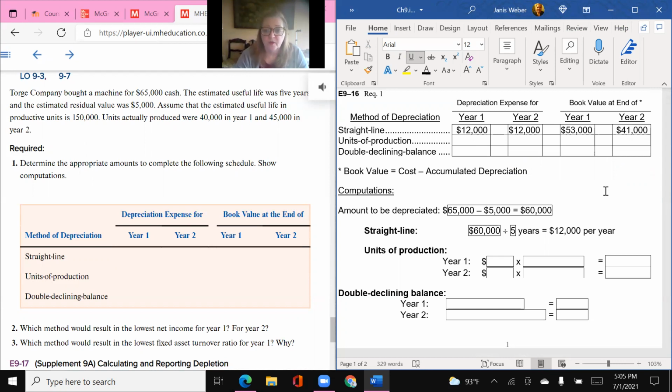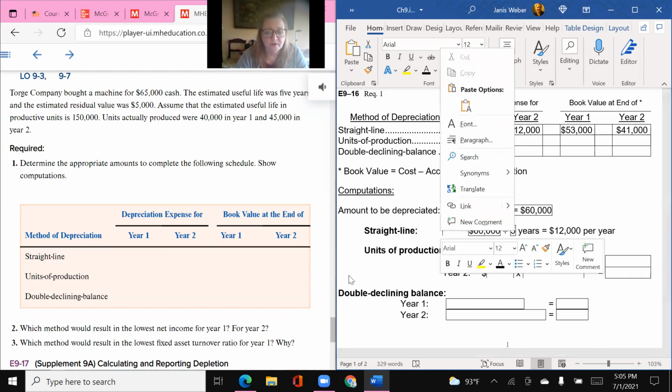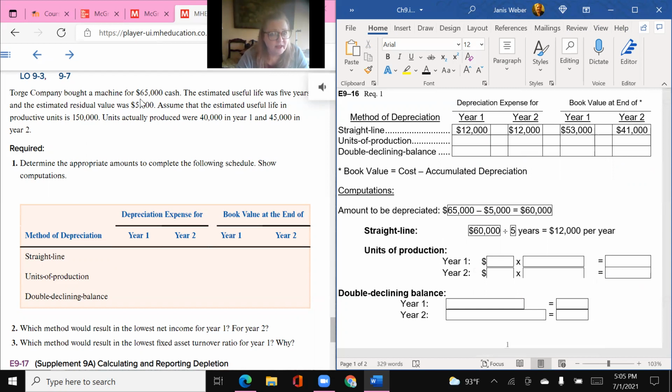Okay, then units of production. Let's calculate the amount per unit first. We take the depreciable cost of $60,000, and we divide it by the estimated productive units. So I'm going to write this up here: 65,000 minus the 5,000 salvage or residual brings us to 60,000, divided by 150,000 productive units. And that's going to bring us to